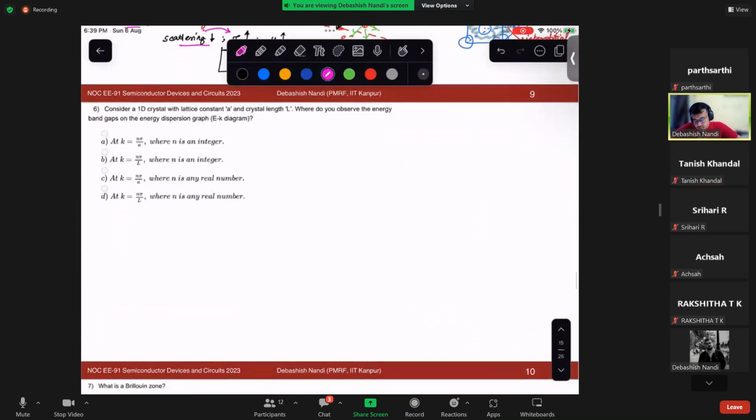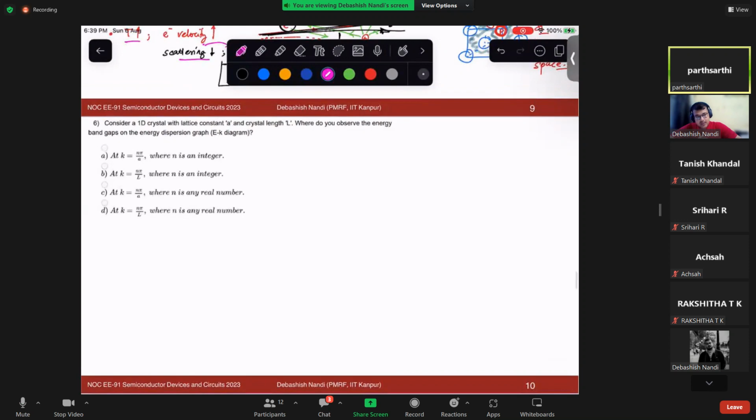Did you guys study the Kronig-Penney model? In the lecture, sir has explained, right? So in the Kronig-Penney model, what happens? First thing is that you have a periodic atomic arrangement. If the periodic atomic arrangement has a potential profile like this,